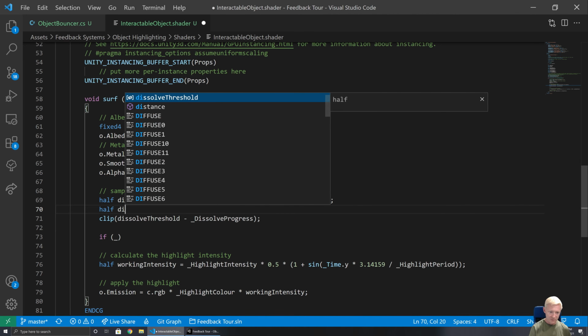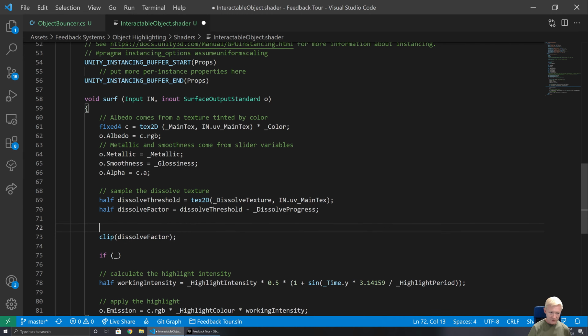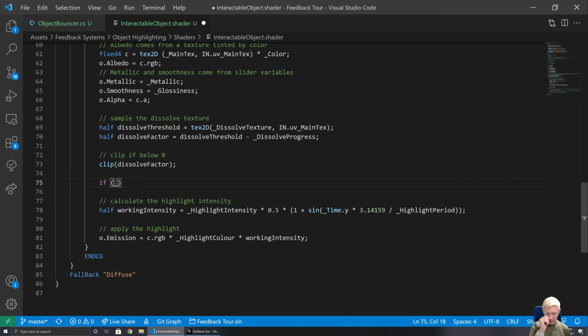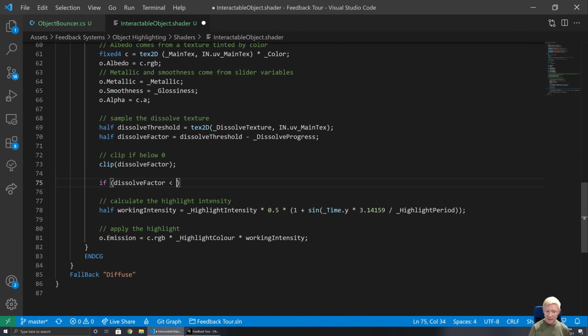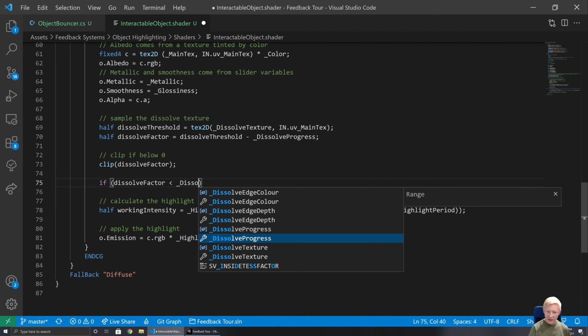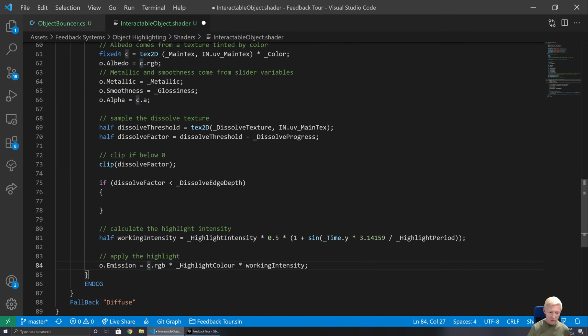So half dissolve factor. Clip f below 0. So we could then be checking if dissolve factor is below that edge. If dissolve factor is less than our edge depth, then